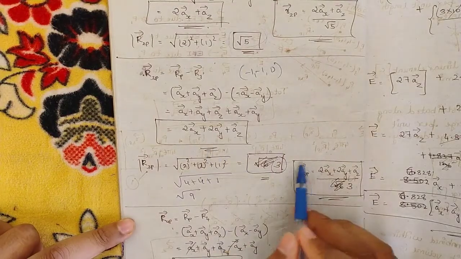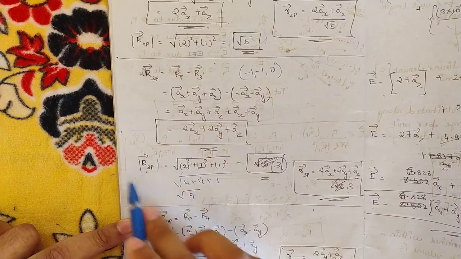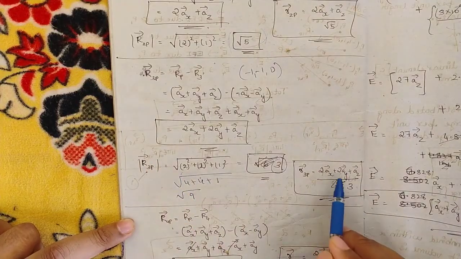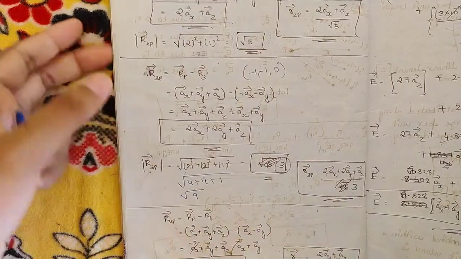So now again find the unit vector R3p, that is R3p divided by the magnitude of R3p, that is (2Ax plus 2Ay plus Az) divided by 3. Okay. Similarly for